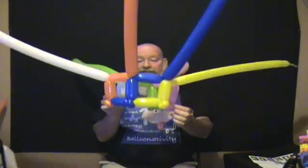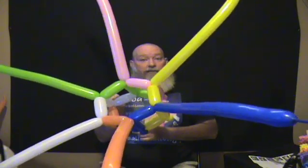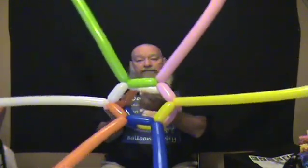Here we go with another hat, and again, this one starts with the double hex layer base. Again, the first 3 videos show how to do that, so if you are skipping ahead and you've missed those, you better go back and watch them. So we've got our double hex layer, and now what we're going to do is, again, pick